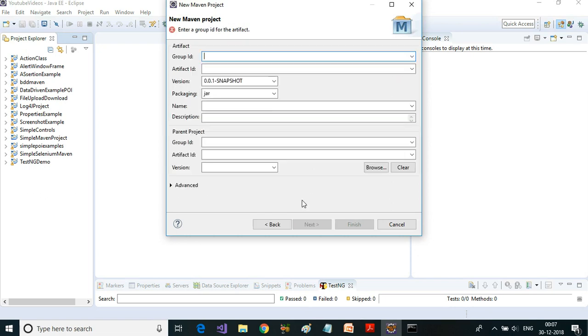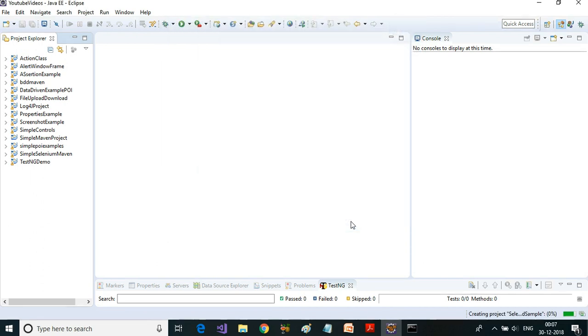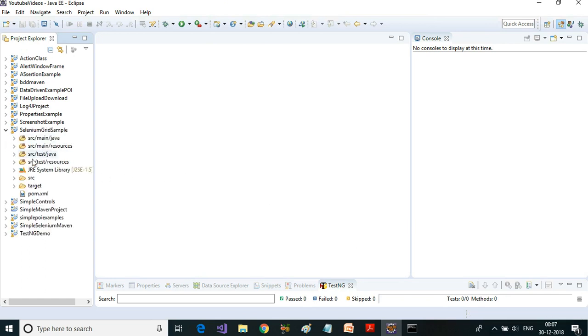Create a simple project, click on next, provide the group ID and artifact ID. Click on finish. Okay, go to that particular project.